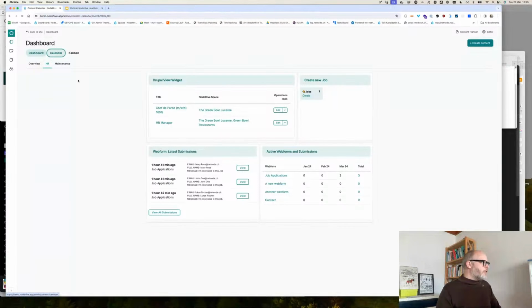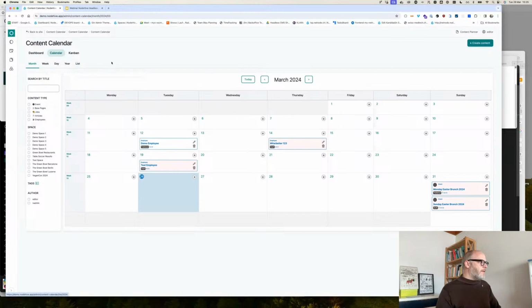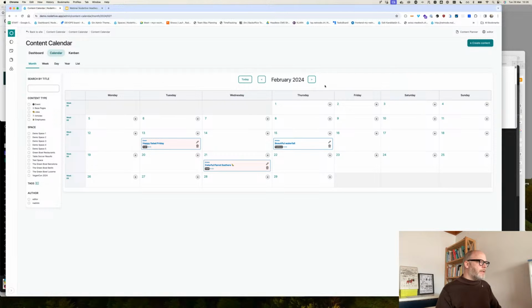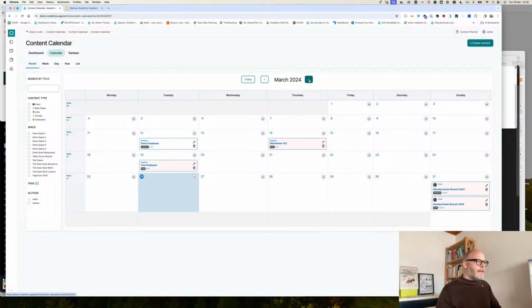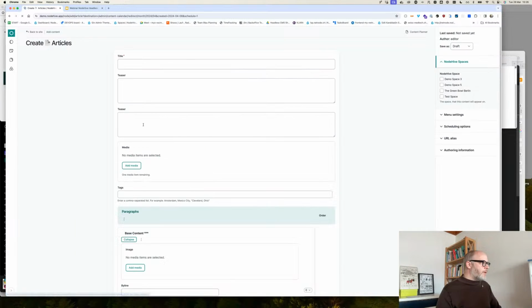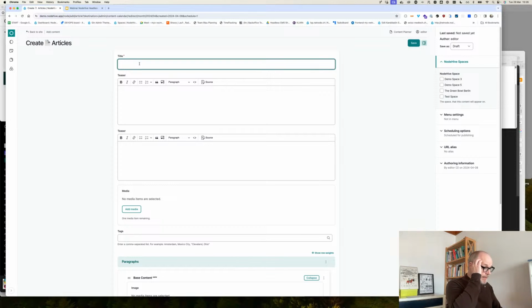Another very great feature of the dashboard is around content planning. So there is a content planner, a calendar-based content planning tool built in. And for example, you can basically plan ahead and back. You can see what happened in February. And let's say we plan a blog post series in April about vegetables and recipes. So here I have now the ability to create new content. For example, I can say on the 8th of April, I want to publish a new article, and I can say,